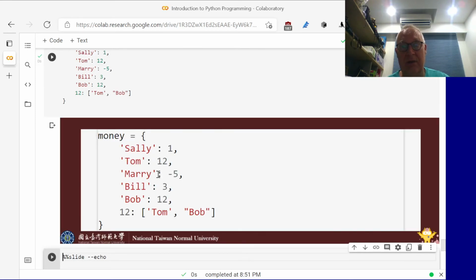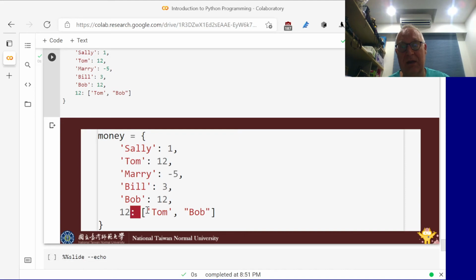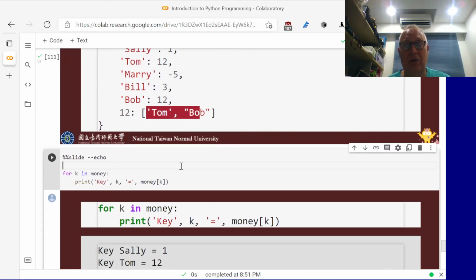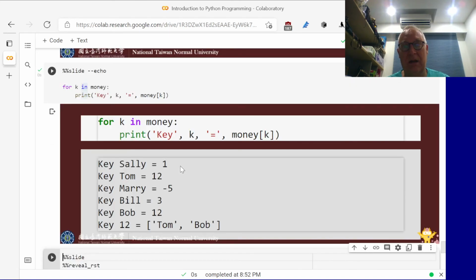So here we have another example with different keys and different data. In order to iterate over a dictionary, I can get the keys by using the in construct. That's the simplest one, and also the simplest one to remember. It will give me, in arbitrary order, the set of keys that I have for this